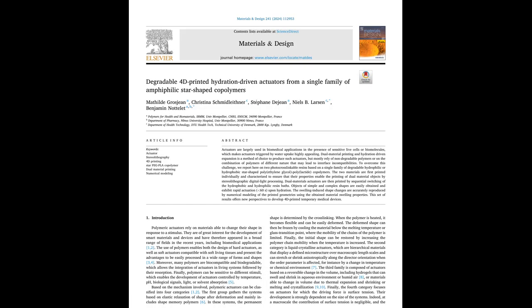In conclusion, the authors successfully demonstrated a comprehensive approach to designing and fabricating photo-cross-linkable, star-shaped PEG-PLA copolymers tailored for stereolithographic 3D printing of hydration-responsive actuators. They first established the photopolymerization behavior of two distinct resins by constructing working curves relating cure depth to exposure time, enabling precise process control. Printed single-material cylinders confirmed efficient cross-linking and exhibited dramatically different swelling behaviors depending on their hydrophilicity,